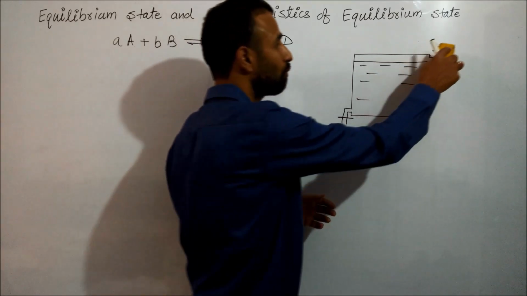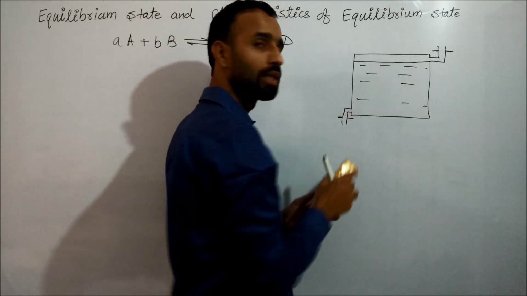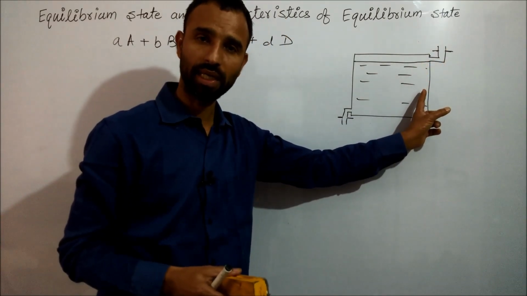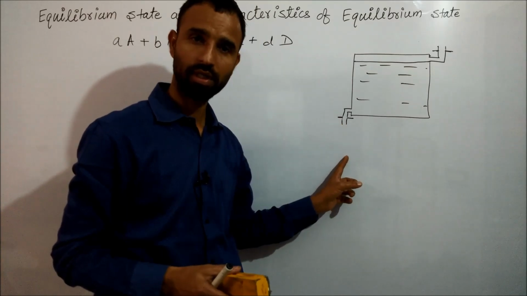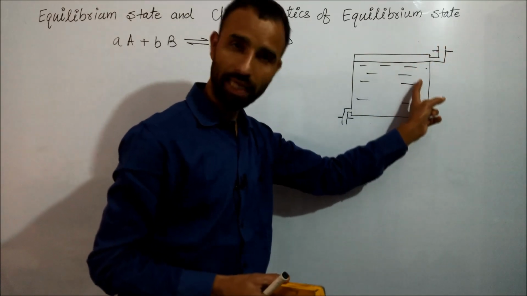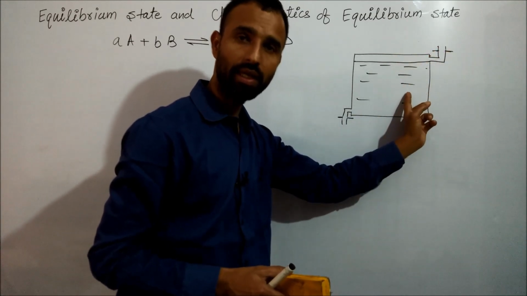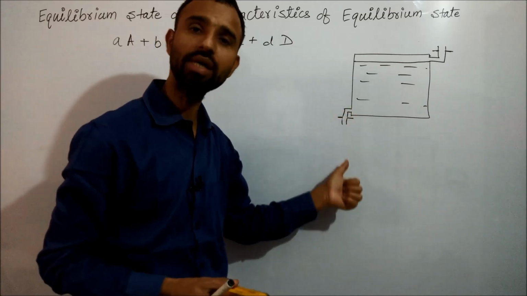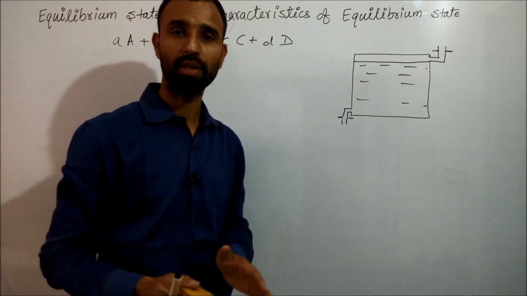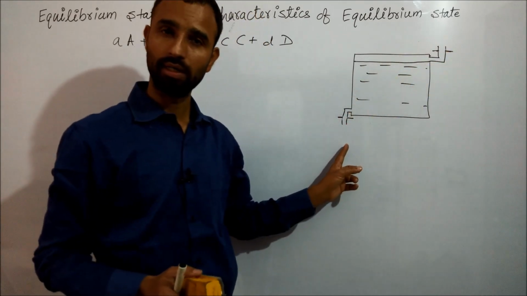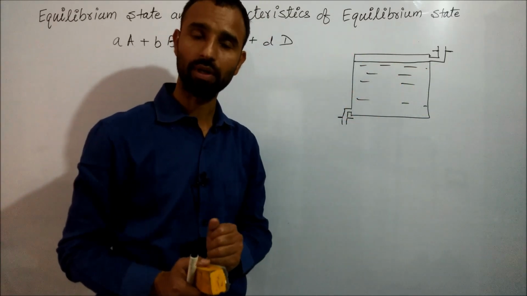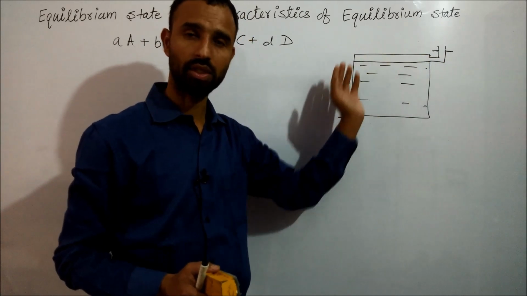But if we open both the taps simultaneously, with the same volume of water coming in and going out, is there any change in the level? No, because the volume of the water coming in is equal to the volume of the water going out. This type of equilibrium is known as dynamic equilibrium. Both the taps are on, but the level of the water remains the same because the volume of the water coming in is equal to the volume of the